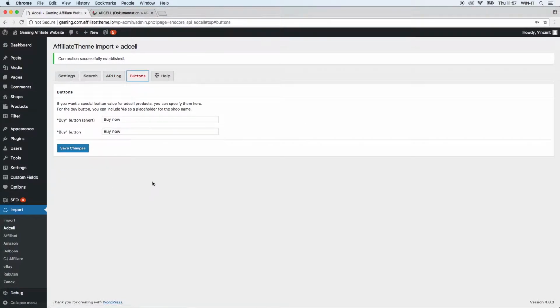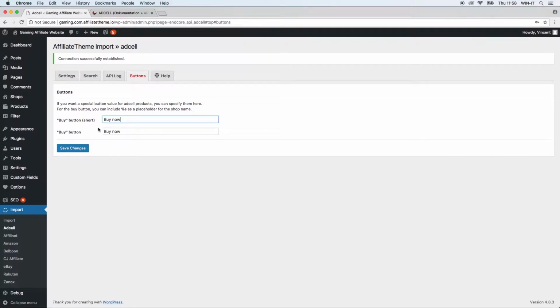The next tab is buttons. So here you can define the text of the buy button for products imported from Adcel / partner of Adcel, of course, because mostly it's not directly from Adcel, but from a shop that has a partnership with Adcel. So you can see that you have here the short version and the long version.